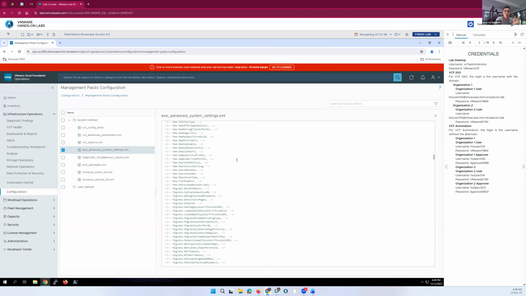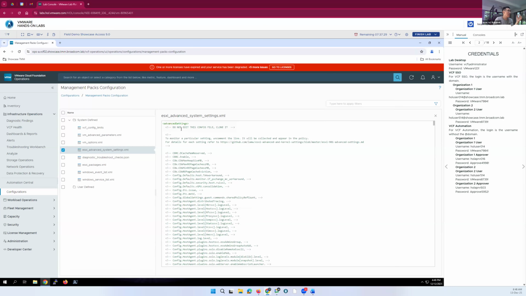I think the wonderful thing is that Brock Peterson, whom you know well, has written an extensive blog on how to actually use this. Essentially it involves a step of cloning this file. The reason for the cloning is that when the management pack gets updated, it is going to override your changes, so you have to clone it to be safe. But it's literally just copy this line. You no longer need to know where in the API it is. So that's a couple of things he has done.